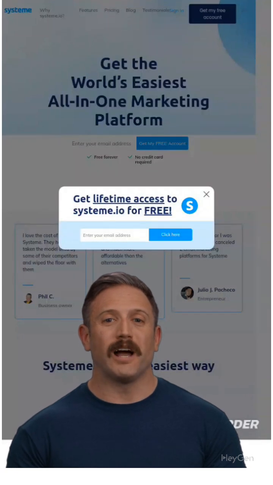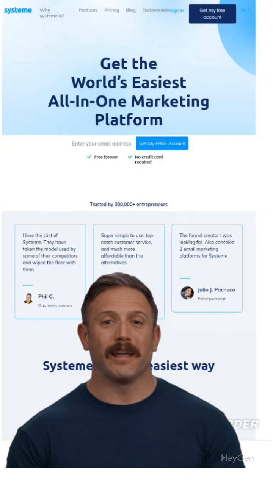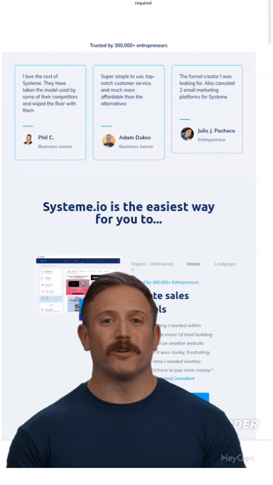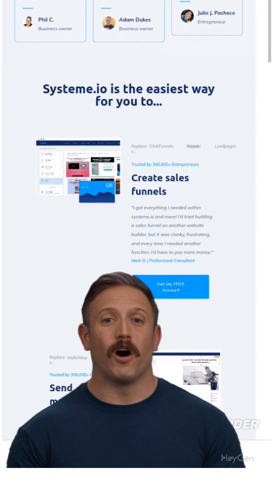Imagine running your entire online business without limits, without ever paying a cent. Everything you need is completely free, forever. With this powerful free system, you can manage up to 2,000 contacts, giving you room to grow your customer base effortlessly. You can send unlimited emails for free, ensuring your audience stays informed and engaged at no cost.